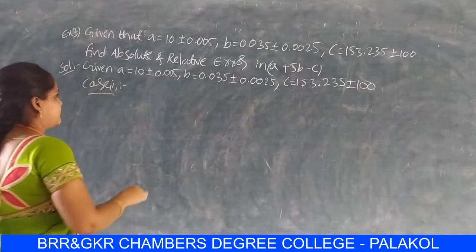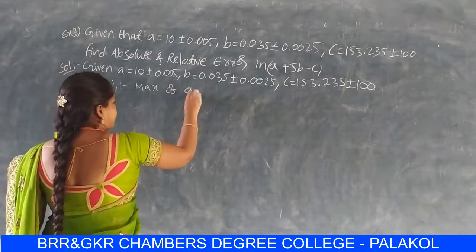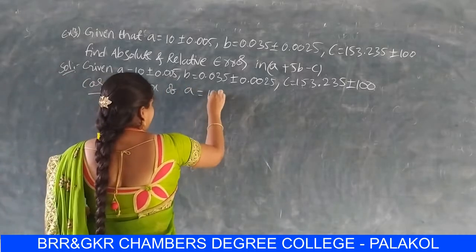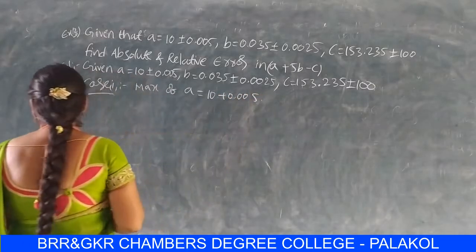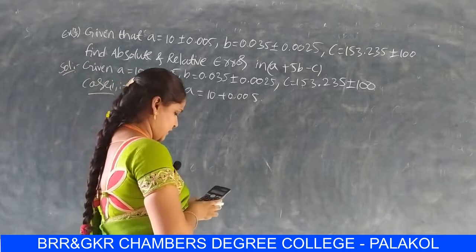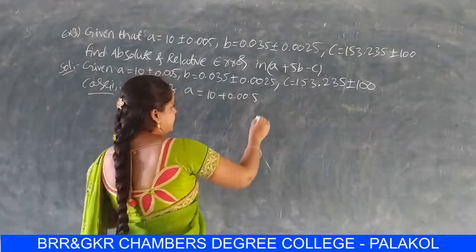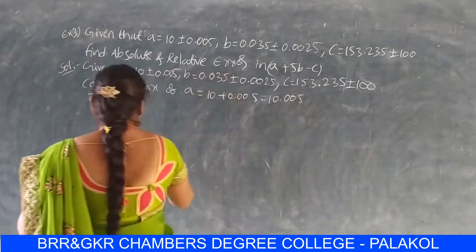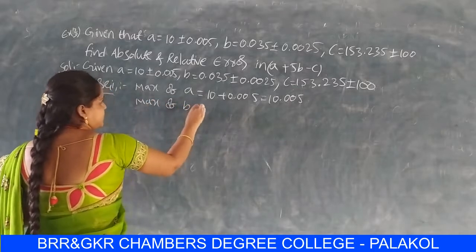Maximum of A is equal to 10 plus 0.005. 10 plus 0.005 is nothing but 10.005, and maximum of B is equal to